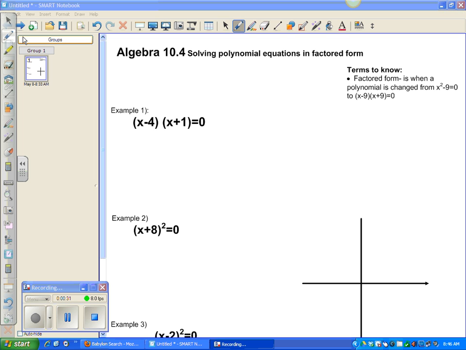What they're asking you to do is, in this case, an example. One of the terms that you need to know is factored form, which is what you see here, where you have two factored terms from a polynomial. So in the case over here where x squared minus 9 is equal to 0, that was factored out and became those two terms, and I think there's a mistake in there. Let me cross that out, that's wrong. Minus 3,